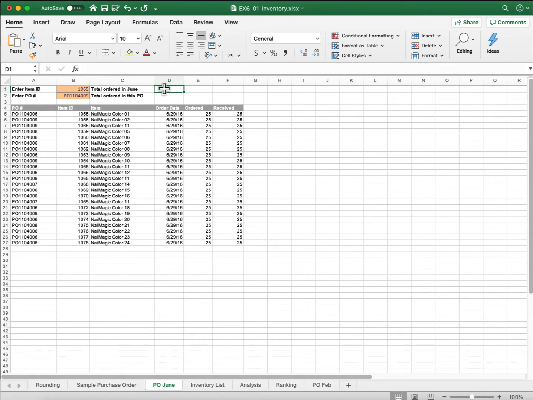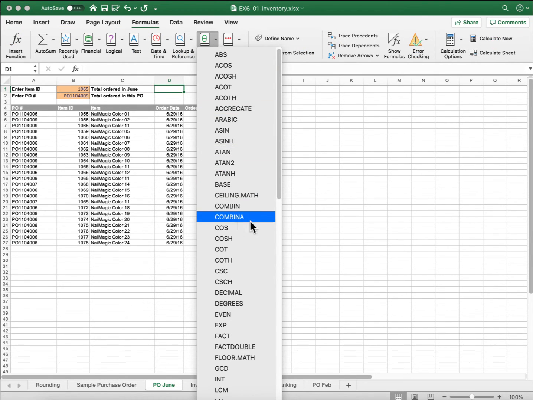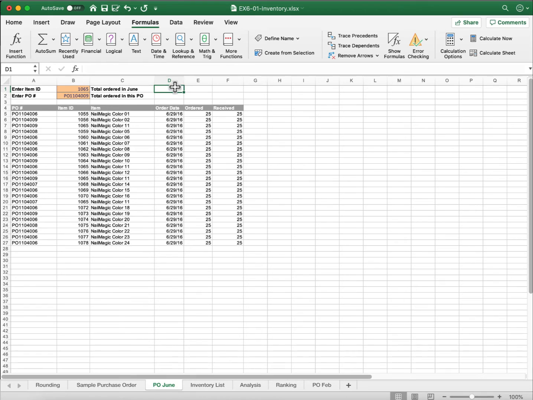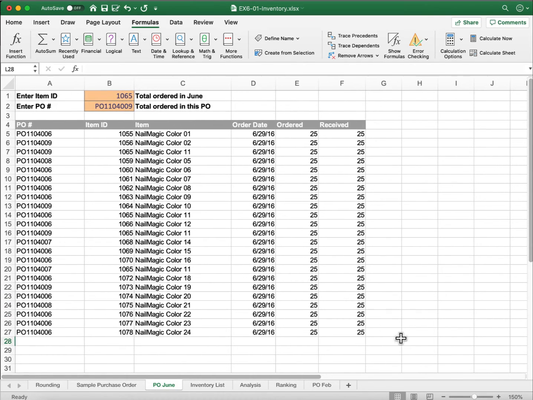So again, either you use the formula as the video showed you, looking at the math and trig, or you can easily just click either here or here to choose which function you want to call in Excel. And I'm gonna try to maximize it, hopefully I can do that, so you can see it better. Okay,